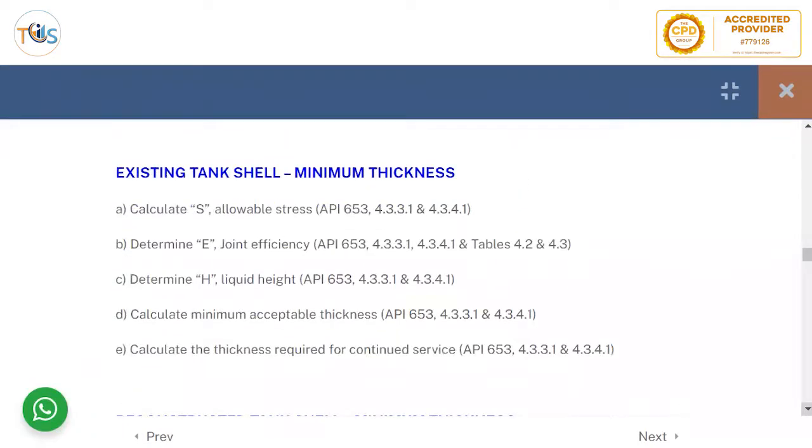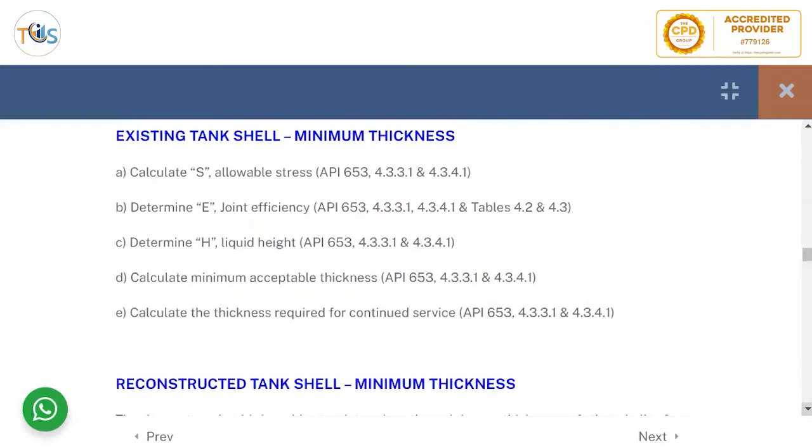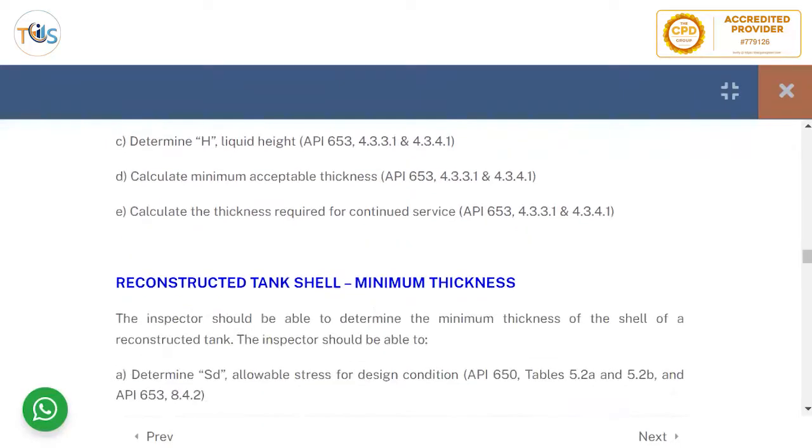The minimum thickness is definitely a question coming from section 4. As you see, section 4 is mentioned a lot, so this section of API 653 should be read multiple times for determining the minimum thickness, and you should be able to calculate the allowable stress, the joint efficiency, the liquid height, and the thickness required for continuous service,